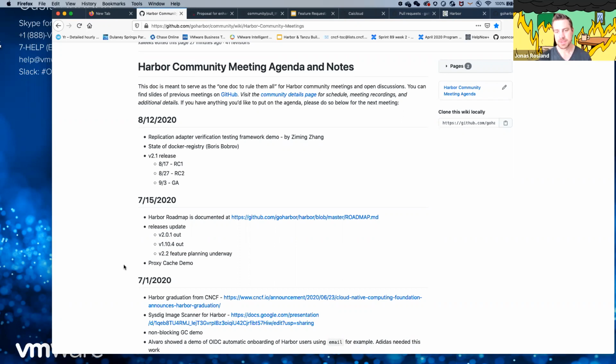Yeah, so the discussion that was started this morning by Boris, the state of the Docker registry, is something that we've talked about essentially since last year. I know we don't have an answer right now, and we're kind of looking to see what will happen with the Docker registry itself. But do we have any backup plan if the Docker registry is essentially archived and no longer an active project?